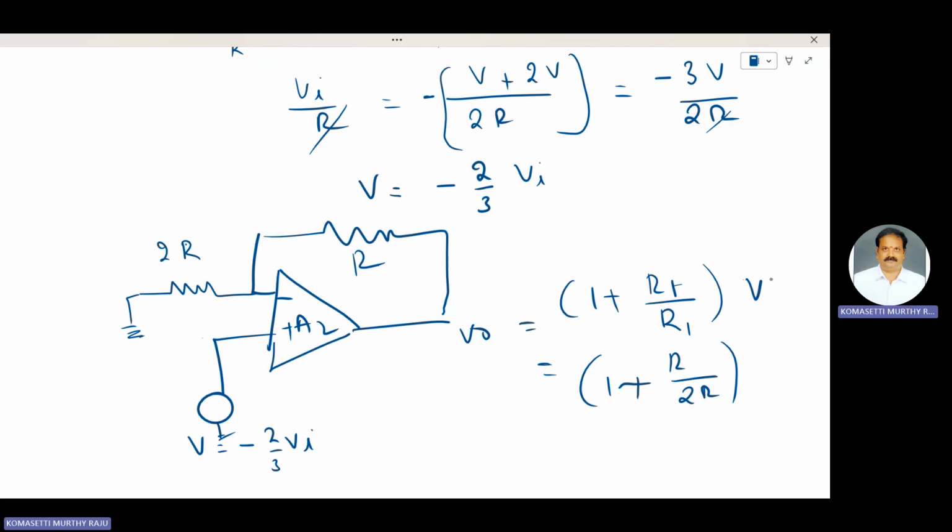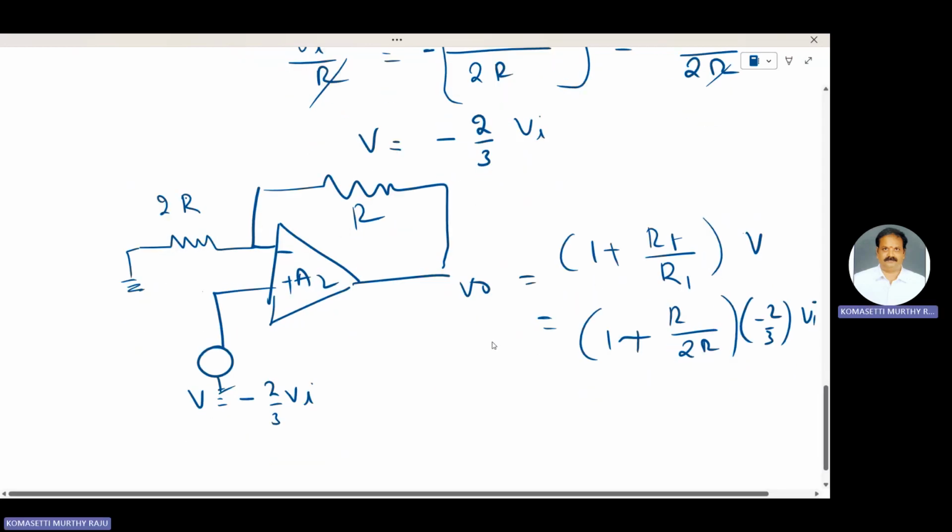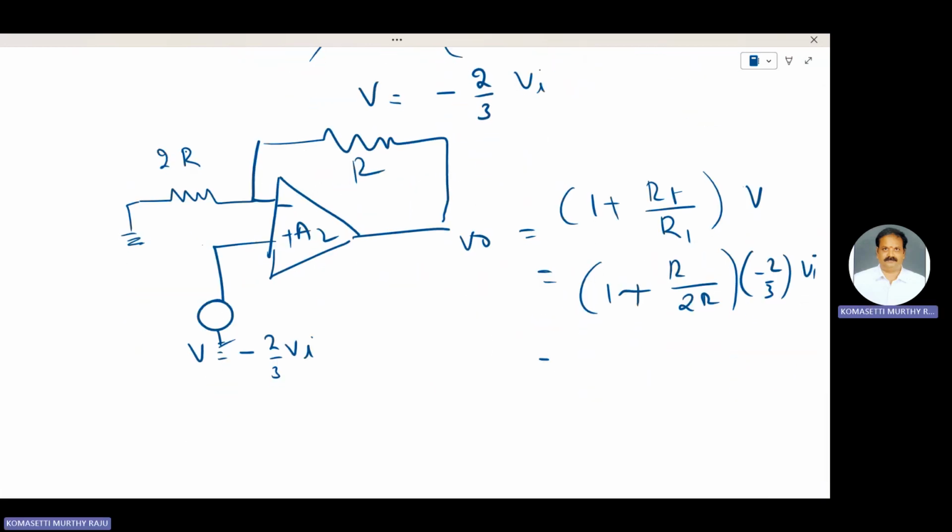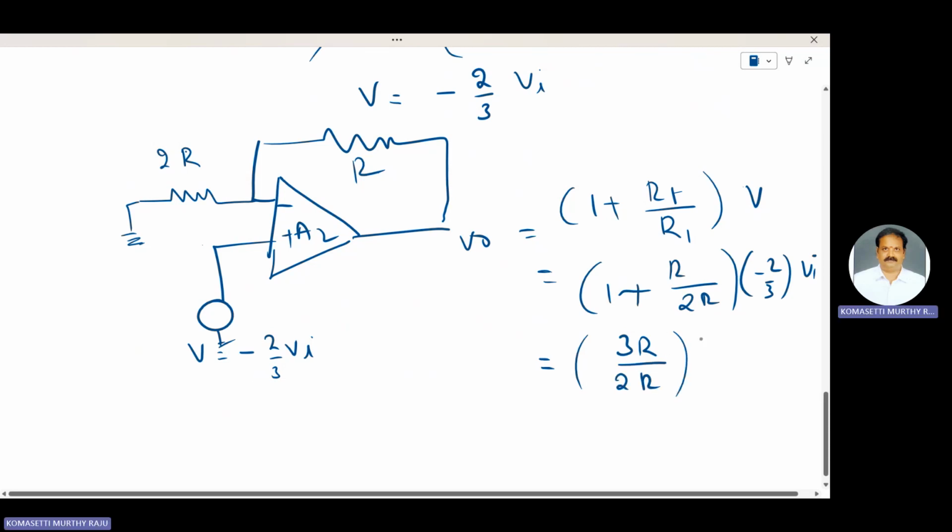V is minus 2 by 3 into Vi. Therefore, finally, V naught is equal to (2R plus R) by 2R, that is 3R by 2R, into minus 2 by 3 into Vi. 2 cancels, 3 cancels, R is cancelled. V naught is equal to